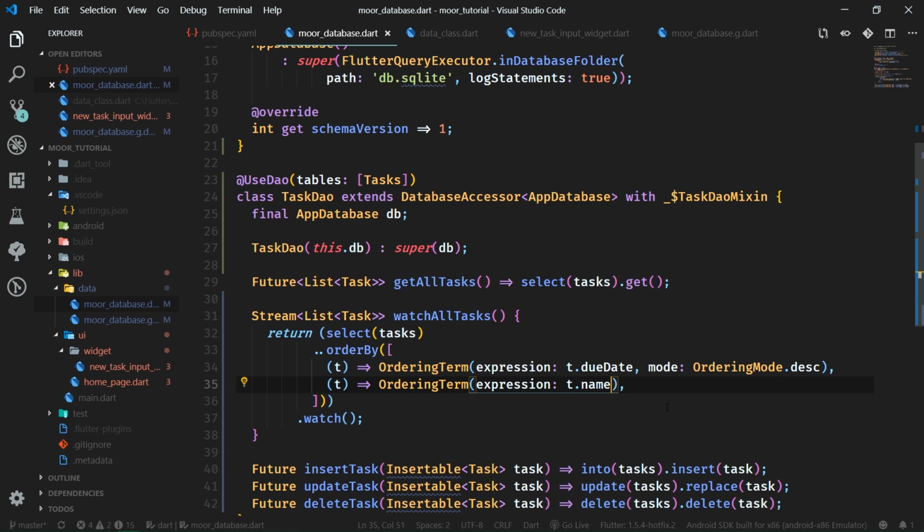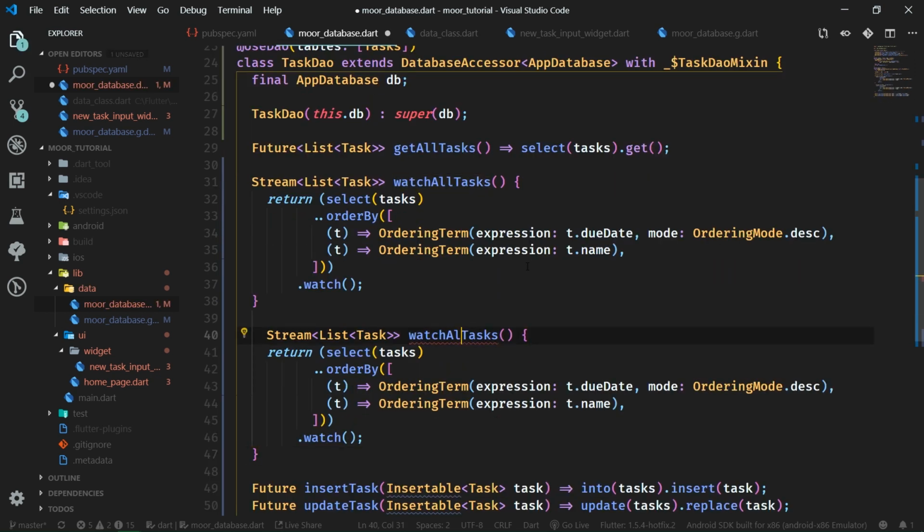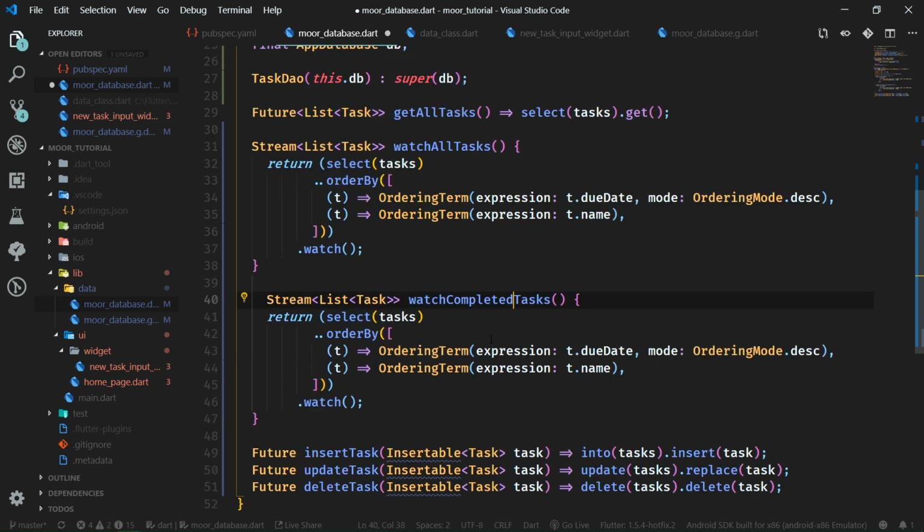We don't want to only watch all tasks though, we also want to have a method for watching only the completed tasks. So let's actually copy watch all tasks and paste it below. We are going to change it to say watch completed tasks. And inside it, in addition to saying order by the due date and the